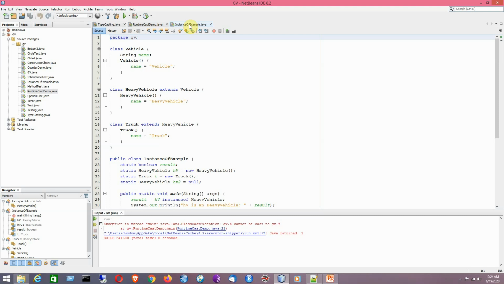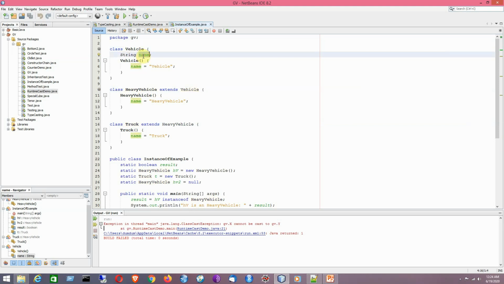So with this example, I will try to demonstrate the use of the instanceof operator. Suppose I have three classes here: Vehicle, HeavyVehicle and Truck. Vehicle is the class that has a single String type variable and a constructor, and this variable has been initialized with the value Vehicle.